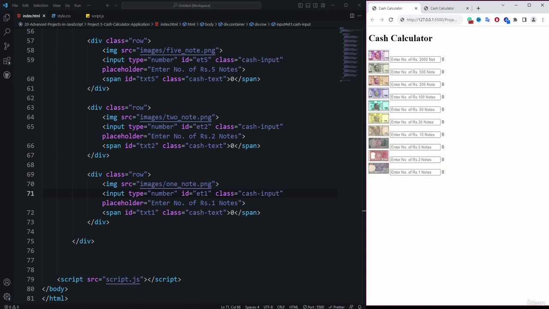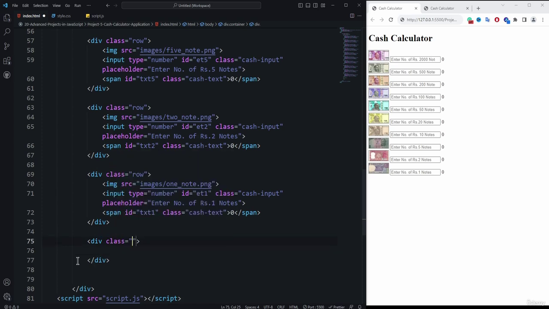Then the next thing that we need to place is a row for the reset button. So here after the end of this particular division, which is the 1 rupees note currency, make sure you are inside the container, because everything is going to be present inside the container. Alright, so make sure you are inside of the main container. Here we need to add the division element, and then we need to provide here a class which is called row, and inside of that we need to provide the button,